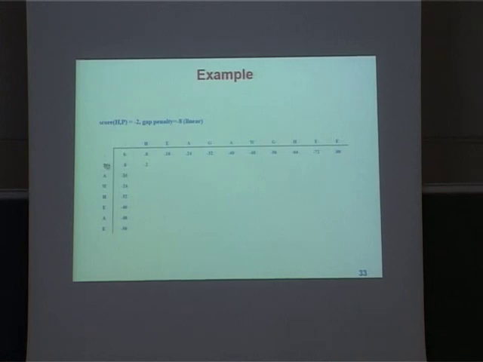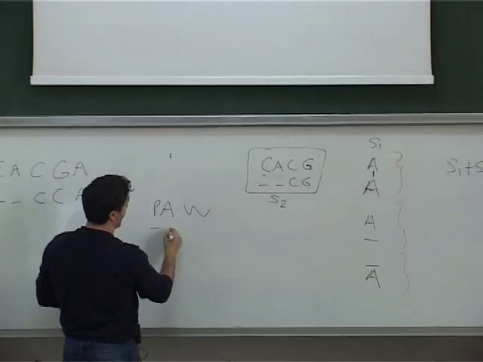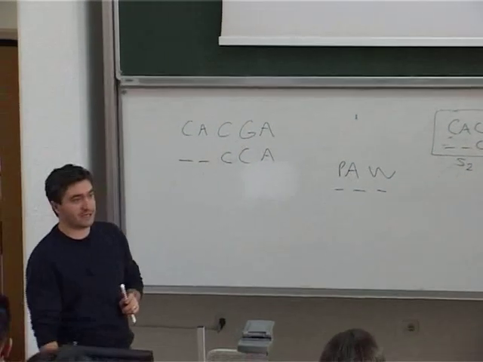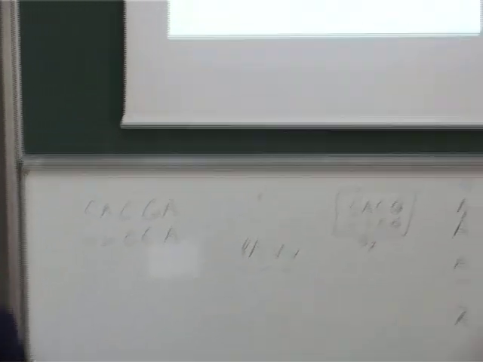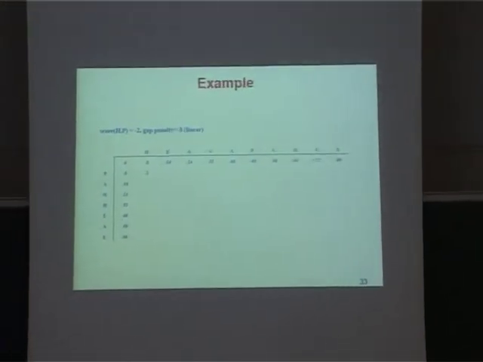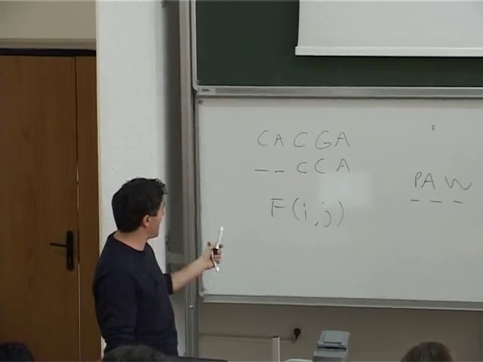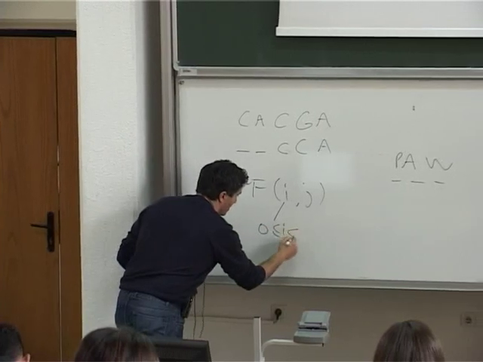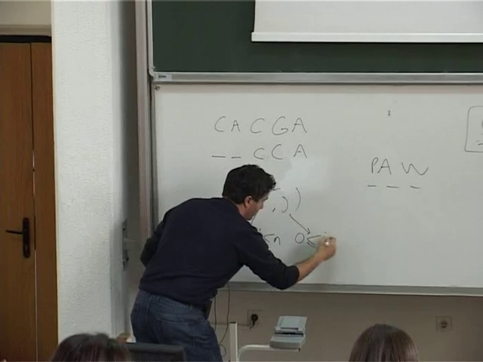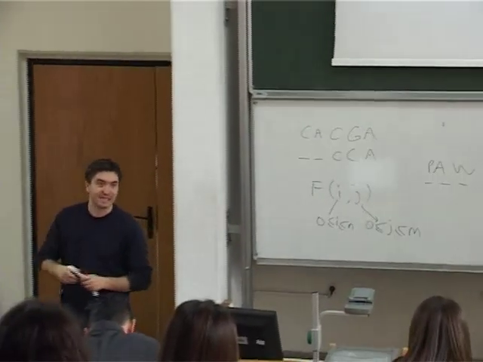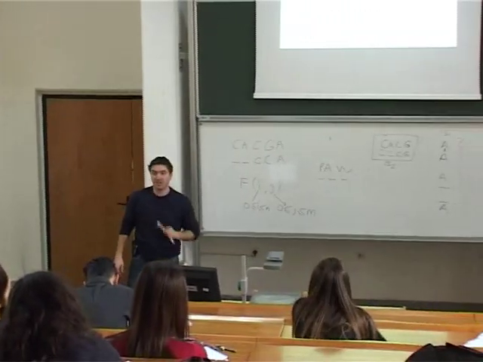So we have consumed the P and A amino acids of this sequence, and we haven't aligned any of these amino acids yet. So going this path means that if I start from this 0 and choose to go this path, I'm aligning this PAW against gaps. And do not forget this: any cell here, F_ij, here i and j can both be zeros, or they can be any number between 0 and n, and 0 and m. If my first sequence is of length n and the second sequence is of length m,